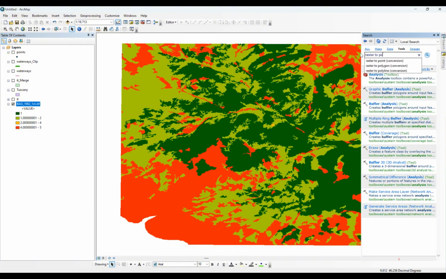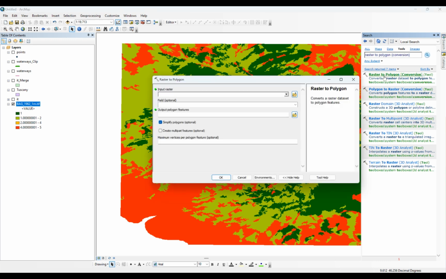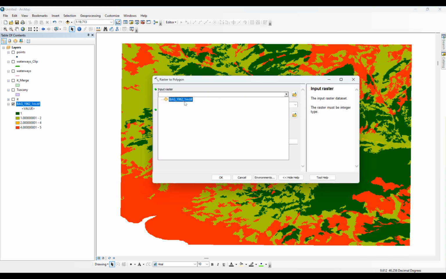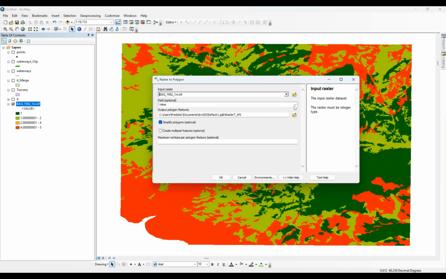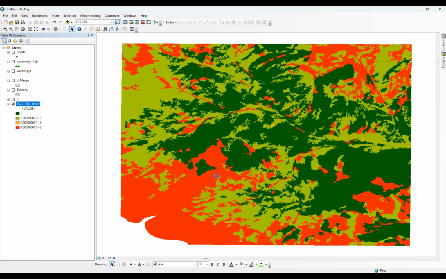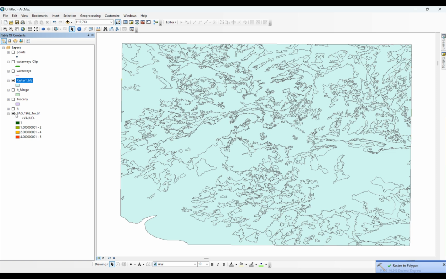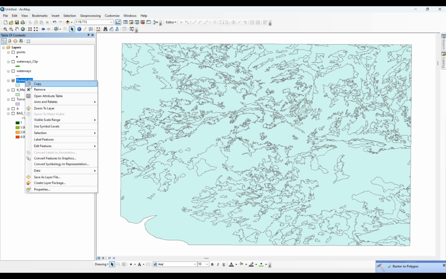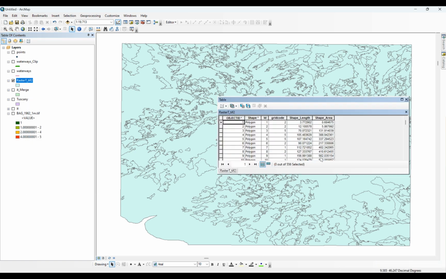For this, I'm going to use raster to polygon conversion. Choosing my input file. Depends on your field, you can change it based on which field you want to convert, and the output. Okay. As you can see, it's converted to polygon. I'm gonna show you something specific. We have 4 classes in raster, but 5 classes, I'm sorry. But here you can see we have